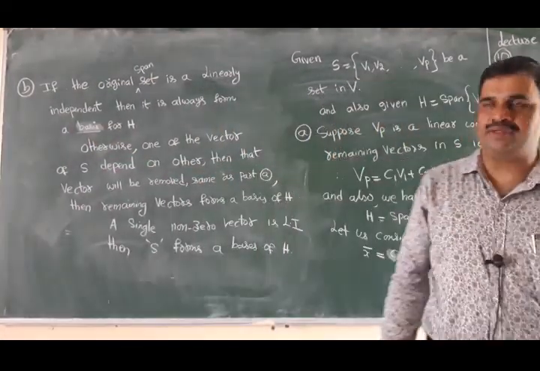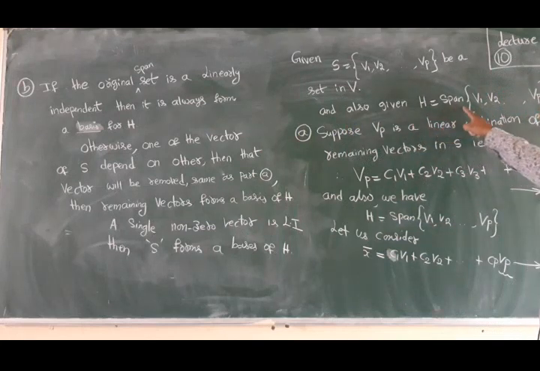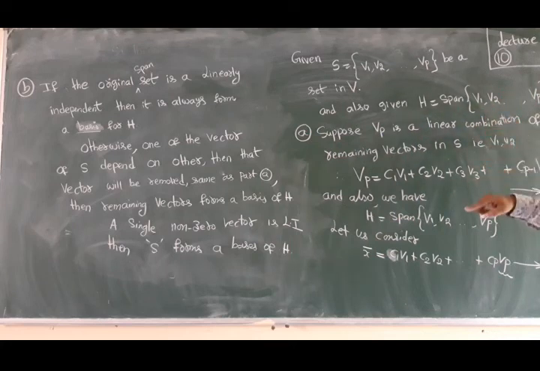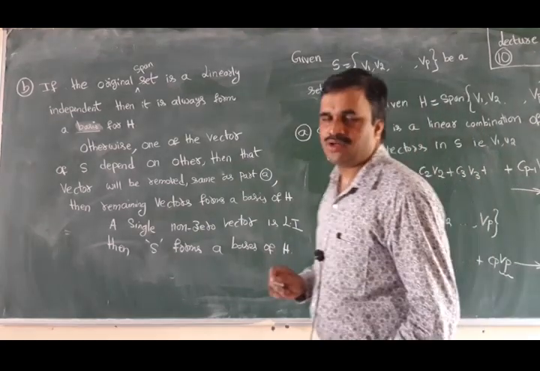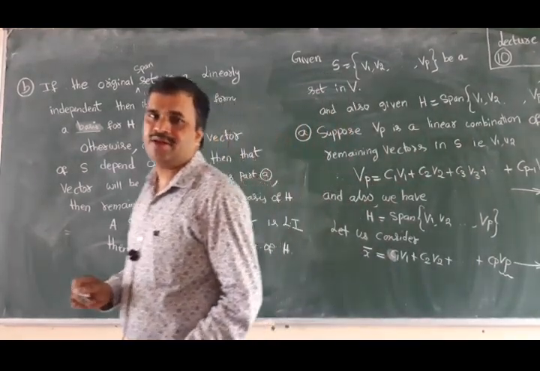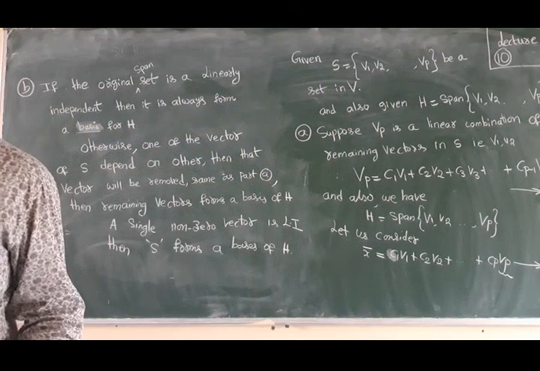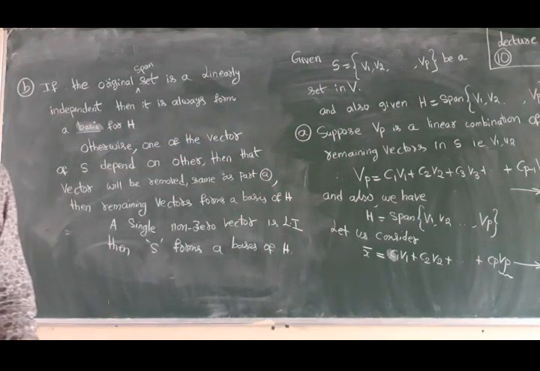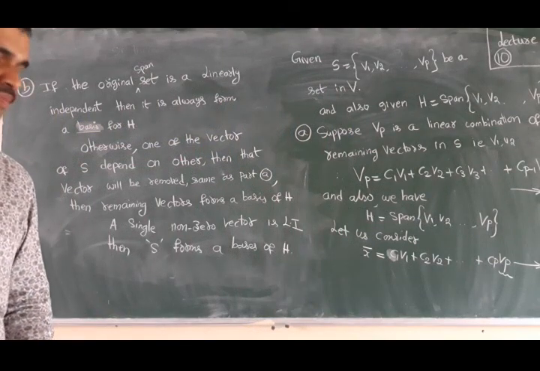The spanning set theorem is nothing but this: whenever you have H equal to the span of these vectors, if any vector is linearly dependent, we can remove it and again write the remaining vectors in terms of span. At the same time, the remaining vectors are linearly independent. So I can say the given set forms a basis. Basis means we already know it should be linearly independent and span. That's all. This theorem is over. Now I'll do one more problem based on this.